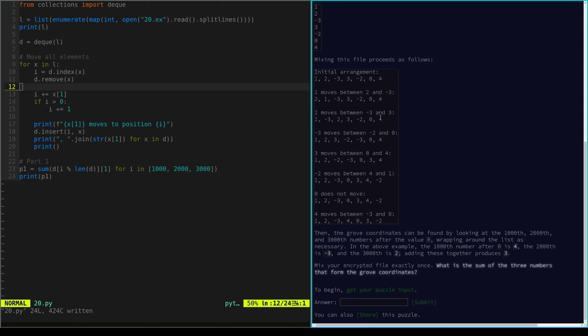So 1, 2, 3. So when it is negative, it is inserted in the minus 2. So 1 minus 3, it is minus 2. So if it is negative, that is right. If it is positive, so the index, if it is positive, so if it is here in 1,